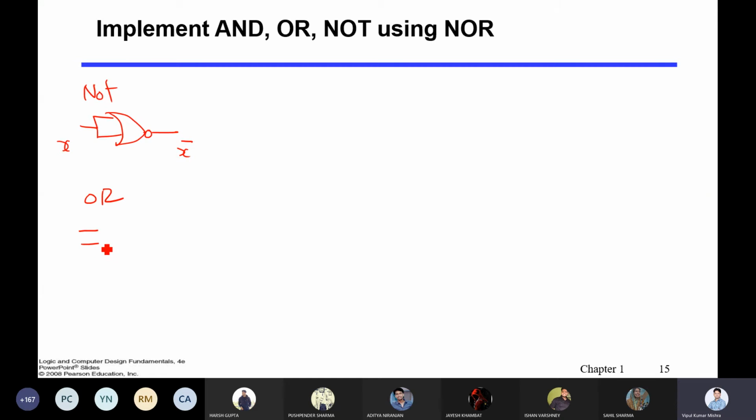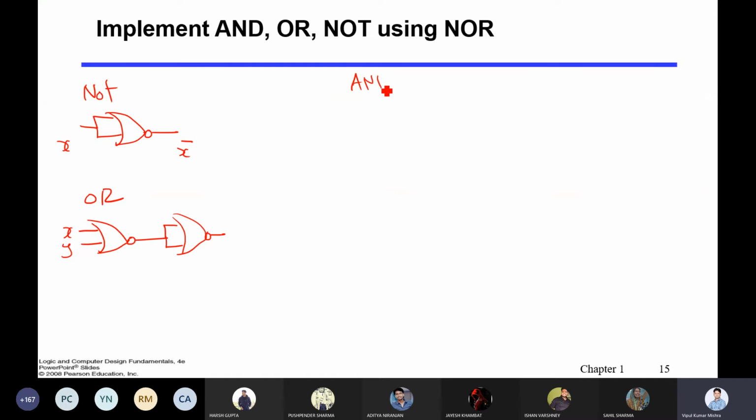In this case, you will say I have a NOR gate. It will take x and y, take this in two places and again make a NOR gate here. This is the OR implementation.